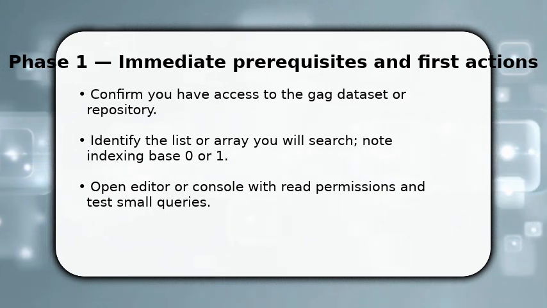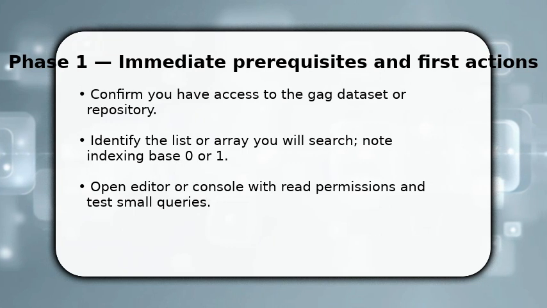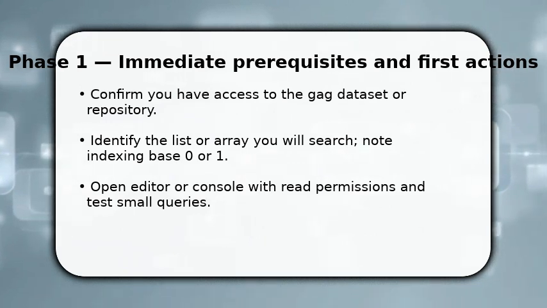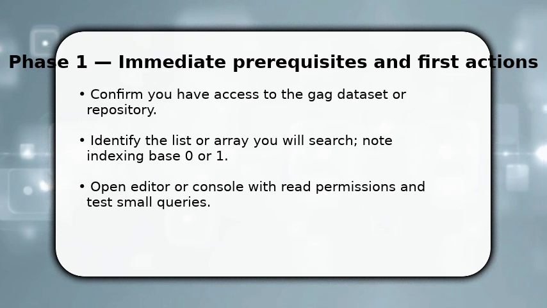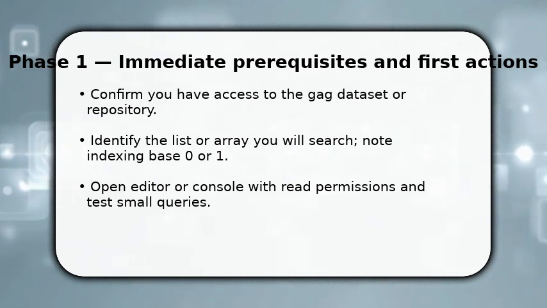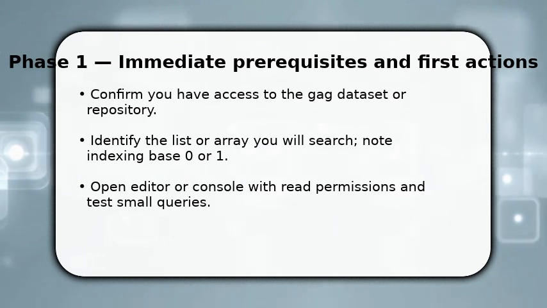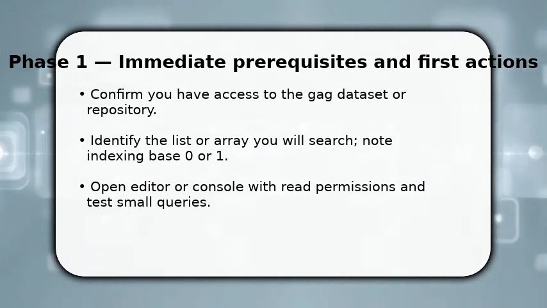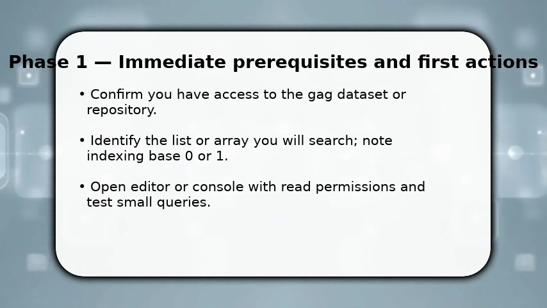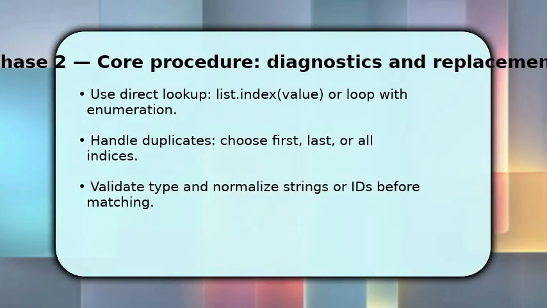Make sure to enable read mode and back up any original files before running searches. This prevents accidental writes. Now run a single, targeted query to return one item so you know your environment behaves as expected. You next perform the actual index retrieval by using a direct lookup function or iterating with enumeration to